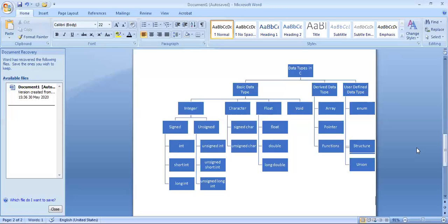For example, if we are calculating the area of a circle, in that case we would be expecting more of fractional numbers as our output. So if we use the data type float over there, it is an indication that the output or the result which we would be getting would be a real number. It may be a fractional number.